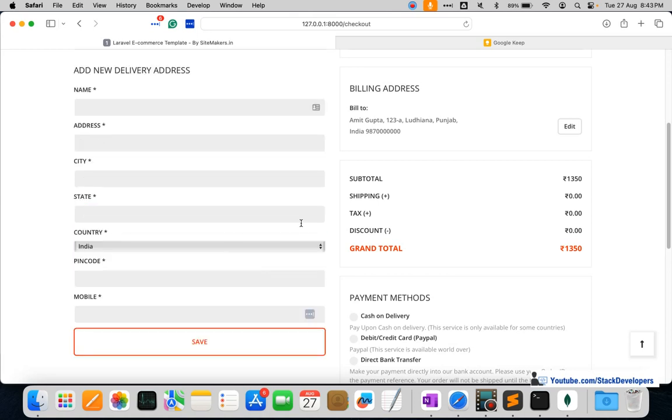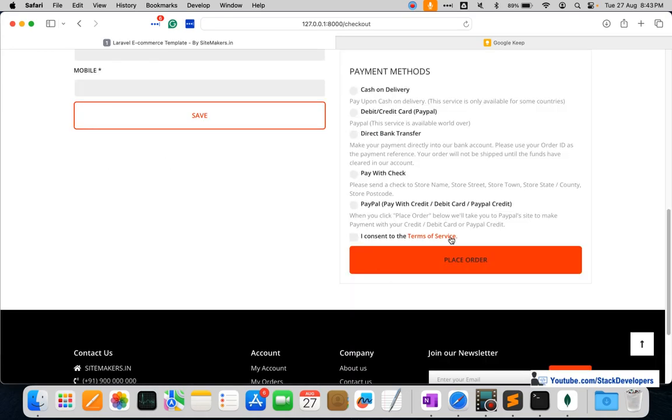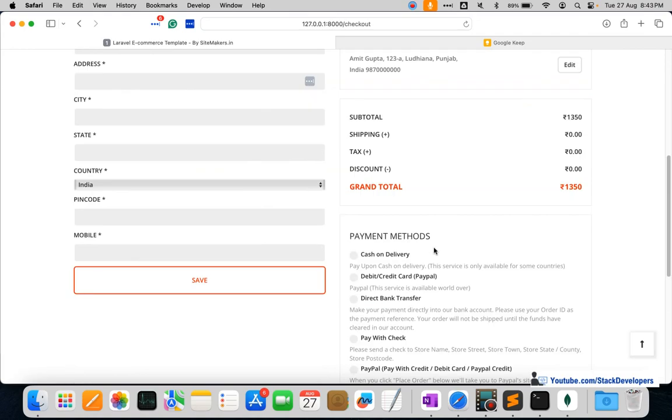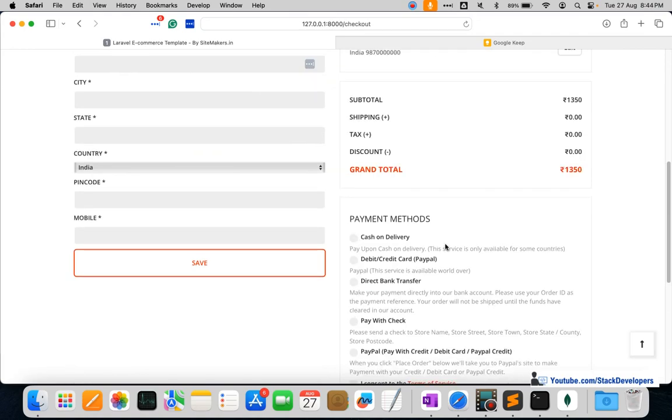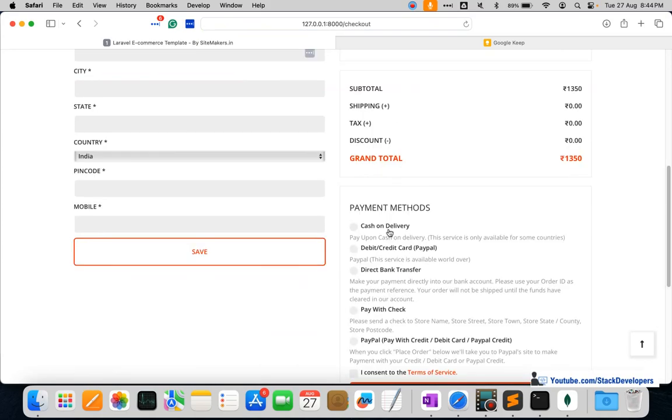Okay, so the user is going to add the address. After adding the address, the user will click on place order. Then the user is required to select the payment method. The user is going to select one of the payment methods, but after that he needs to agree to the terms